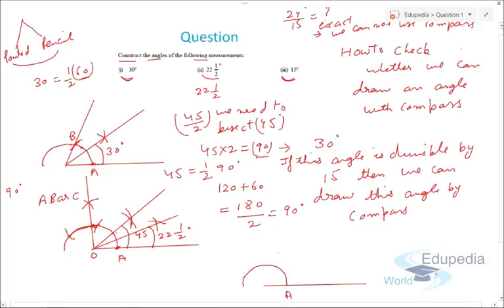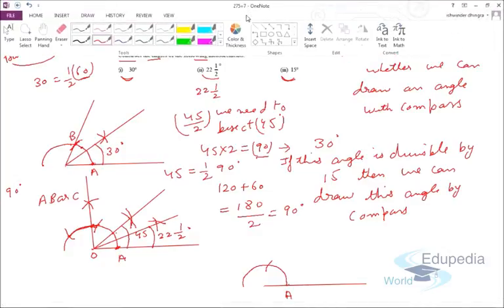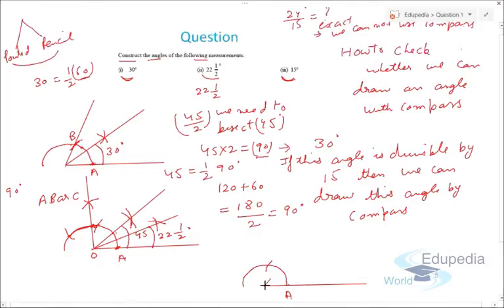Now we need to draw a basic angle. So let's say from this point we draw 60-degree angle, right? Now, we pass a line passing through this. So let's say this is 60-degree angle. Now 15-degree, if we times it by 2, it comes out to be 30, which is not a standard angle. Again, if we times 30 by 2, it comes out to be 60, which is a standard angle. So this means first we need to bisect 60-degree angle.